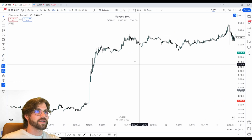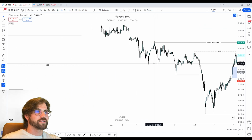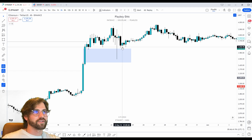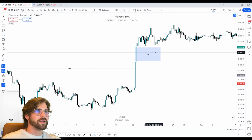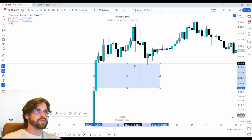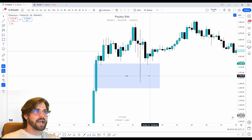Now, price hits this. If you go to the H1, we can see that undoubtedly there are some massive levels, even on the H4, I believe it is. You have this massive breakaway gap, and then you have this fair value gap, which inevitably is your entry for the QP. You get the market structure shift. You want to take entry into the midpoint, so about 50% into the zone. If you don't understand how to find the 50% of the zone, you can simply edit a lot of your boxes that you're using for the fair value gap and just add a middle line,